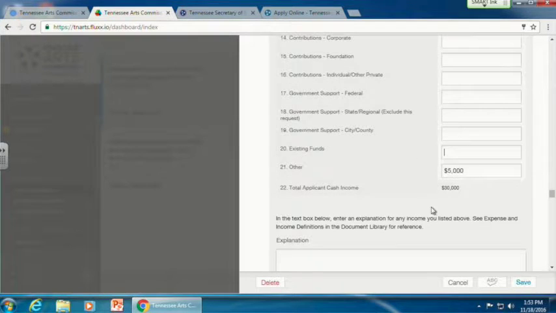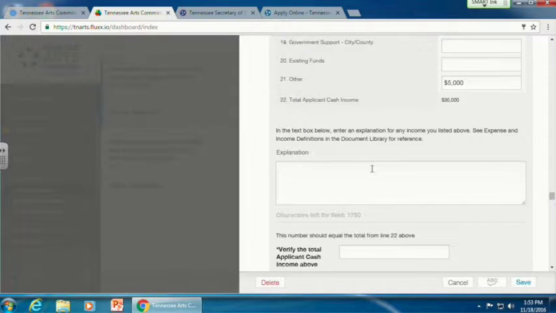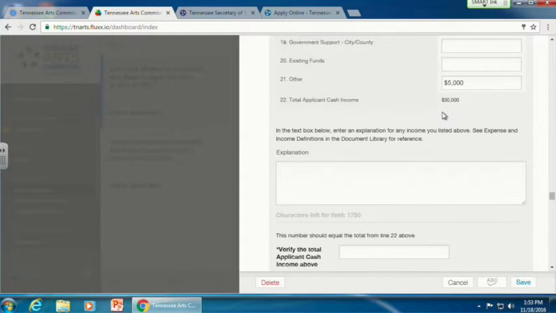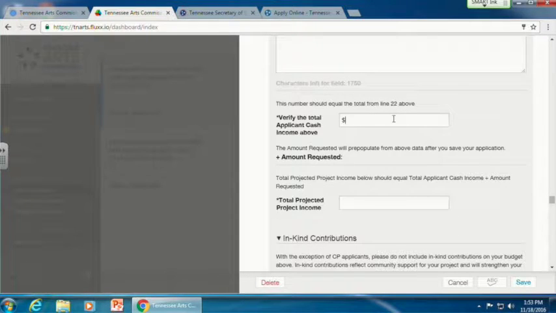And then we're going to ask you to do some more math. So verify the total cash income. It should equal line 22. So line 22 up here, $30,000. And put that in. And it says, verify the $30,000 amount requested will pre-populate after, okay, so that's confusing. So what does that mean? Basically what that means is